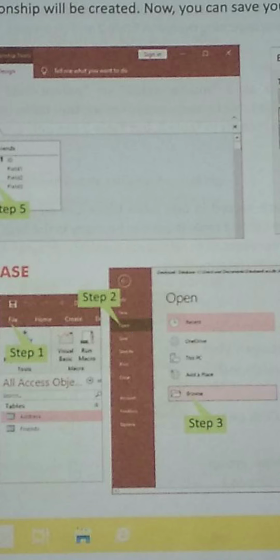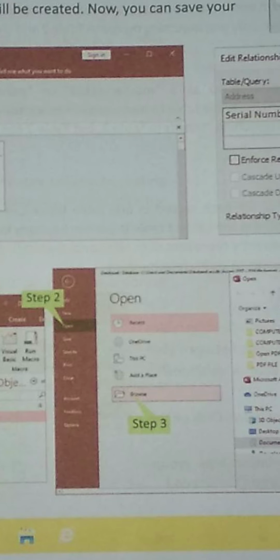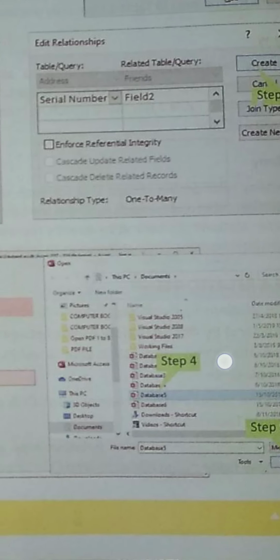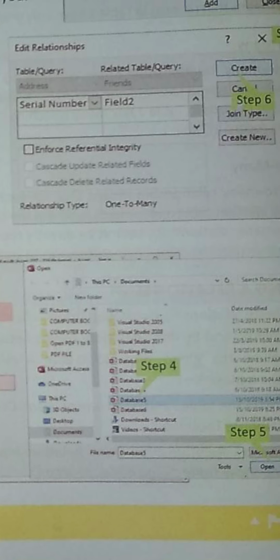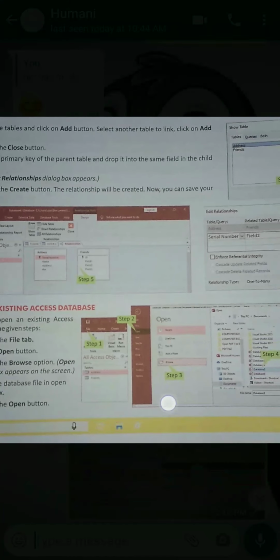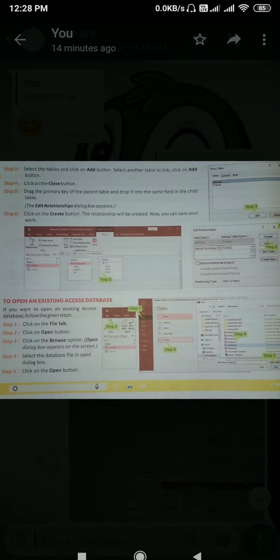Click on the Browse option, select the database file in the Open dialog box. Here many databases are created. You can select any database by name and click on the Open button, and it will be opened. So this is the end of your chapter Access 2016.